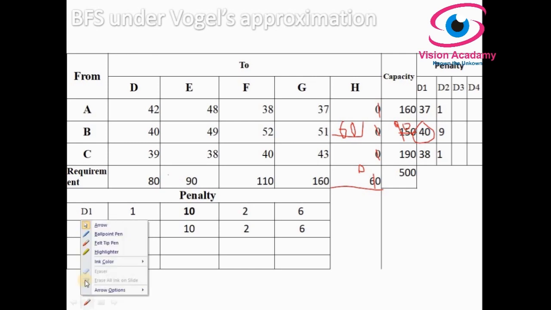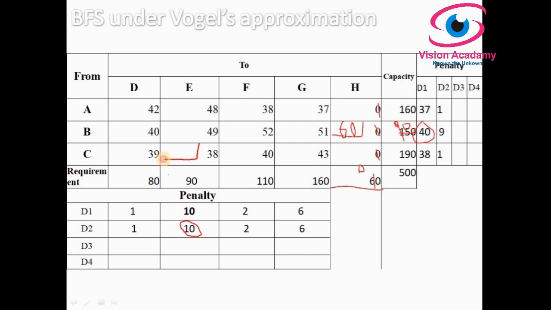I also obtained the difference 2, that's the penalty for difference 2, in the same way as in the first difference. In the column, the highest difference penalty is 10. In the row, the highest penalty is 9. So the highest is 10 compared to row and column. Now identify the least cost cell pertaining to that highest penalty. So 38 is least among the other three cells.